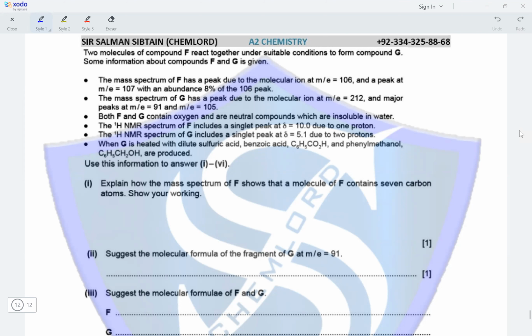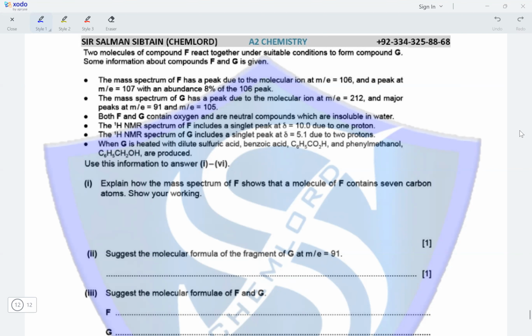The H-1 NMR spectrum of F includes a singlet peak at 10 due to 1 proton. The H-1 NMR spectrum of G includes a singlet peak at 5.1 due to 2 protons. When G is heated with dilute sulfuric acid, benzoic acid and phenyl methanol are produced. Use the information to answer 1 to 6. Okay, so the last point,